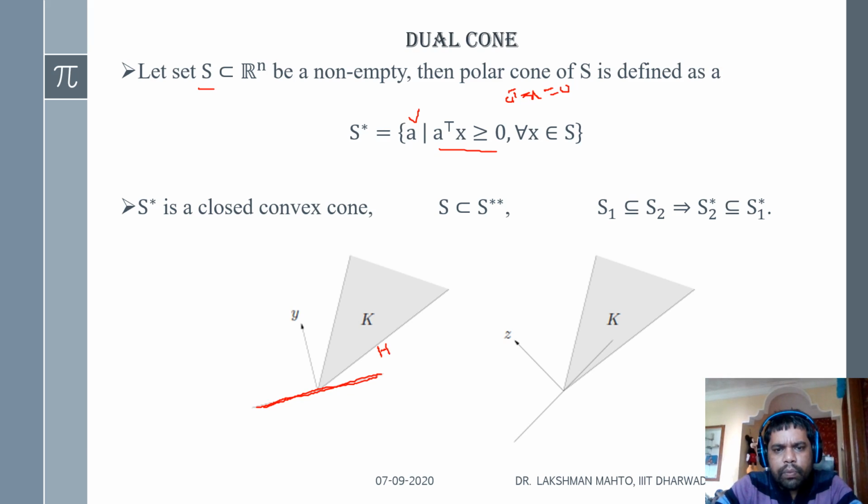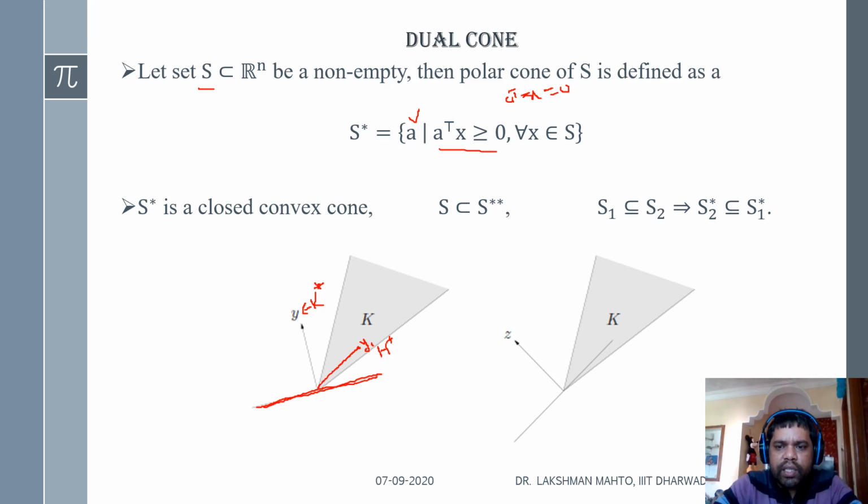This is the hyperplane with the normal vector y. And you can easily see that this set K falls in the positive half space of the hyperplane with the normal y. So easily K falls in this positive half. So we can claim that y is an element of the dual of K, K star. So we can say that y belongs to K star, that means dual of K. If you take any point here in the set itself, suppose this point, call it y1.